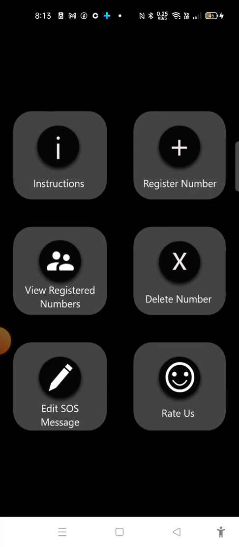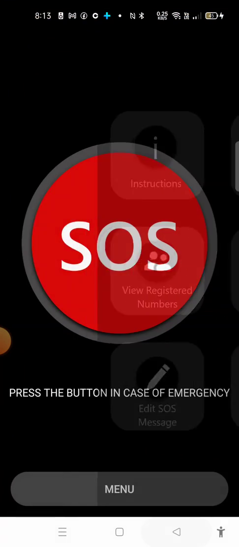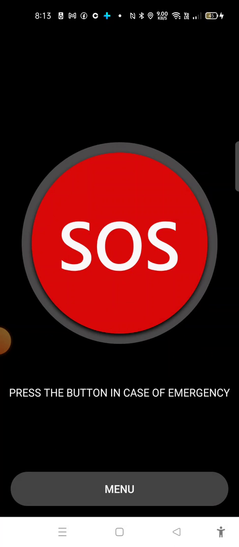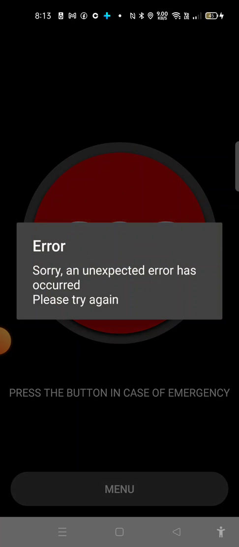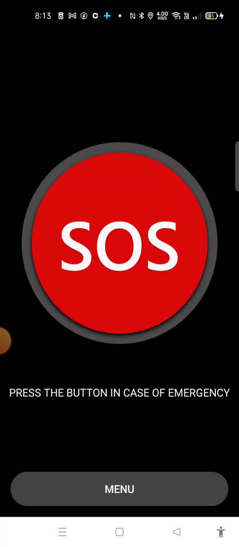So that's it all. Once it's all set up, you just hit the SOS button. It's an error because we haven't set it up properly. But anyway, you just hit the SOS button and it will send a text. I sent it to two. I sent it to my brother and my niece. So hopefully one's available and they send you an ambulance, or at least give you a ring and see what